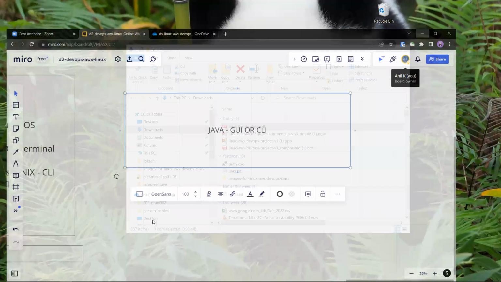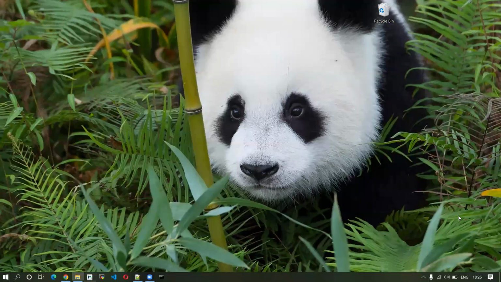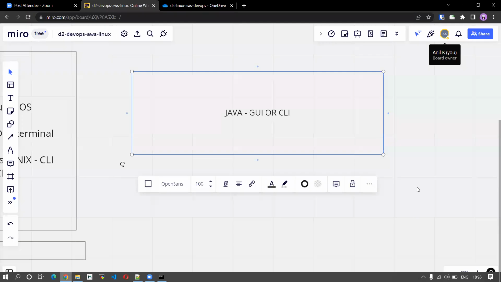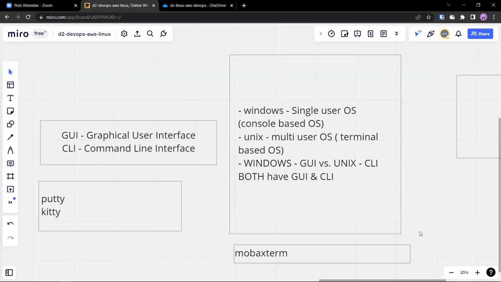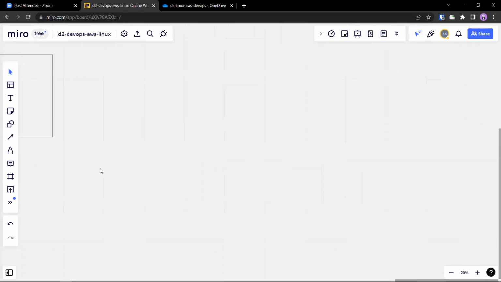So here, the other 2 points, single user versus multi-user and GUI versus CLI. Let's look at some other points. Apart from these two, there are some other points that will make Windows versus Unix a better debate. So we're going to put those points for today's discussion here.